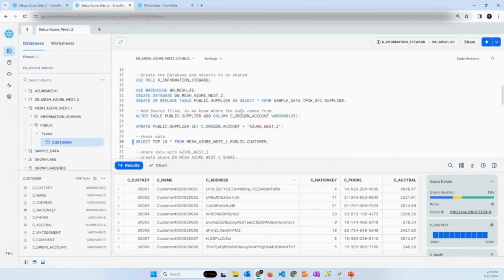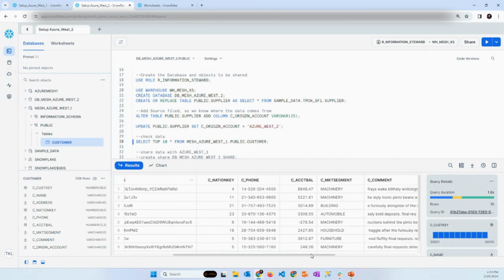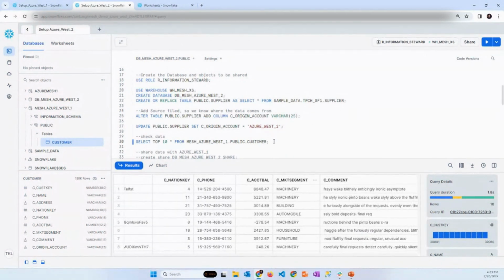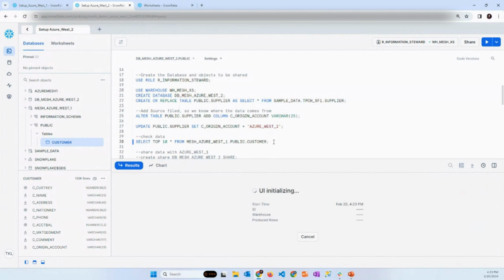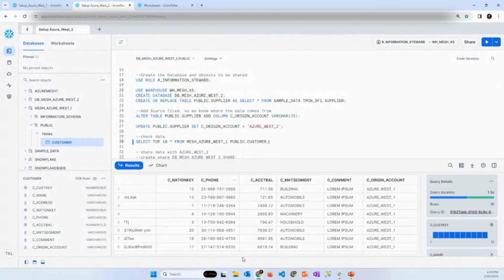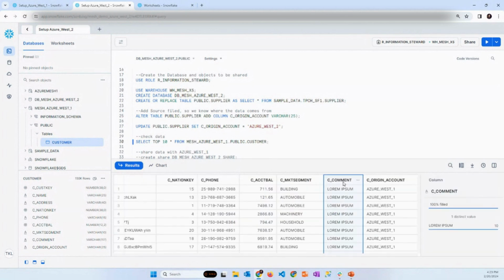So let's check it again. And I think that's important, right? The consumer, for lack of better words, is at the mercy of the sharer, how they're changing the data, how they're providing it, because it's happening right away. So there's no delay between what they did and what you're seeing. Yeah, that's true.